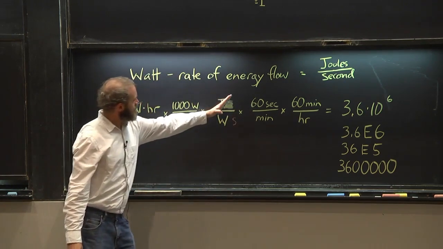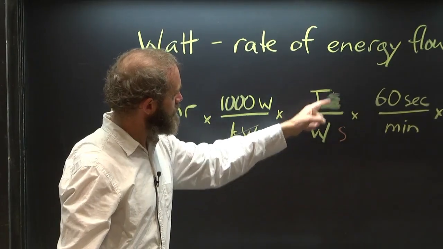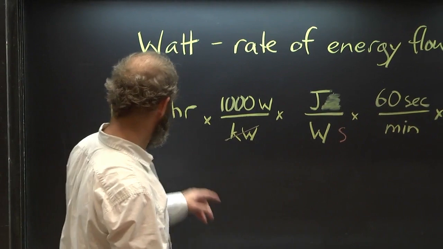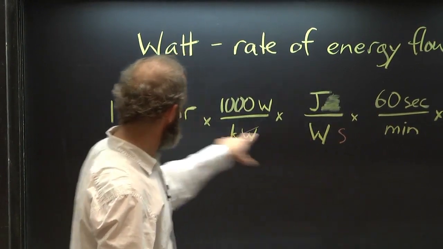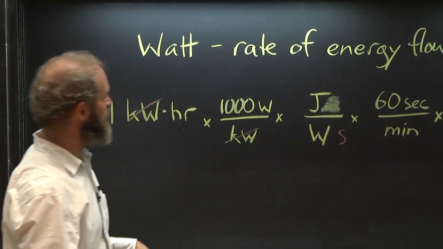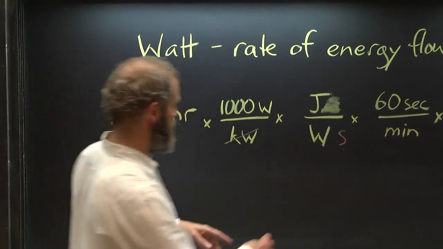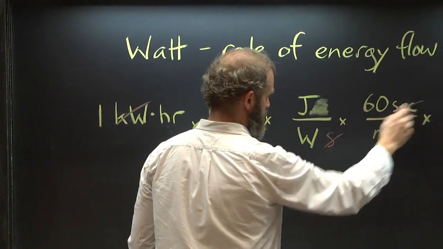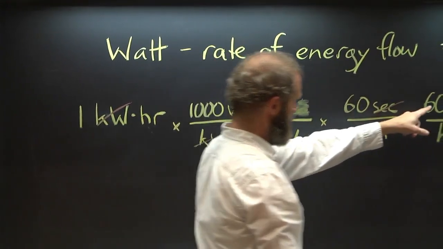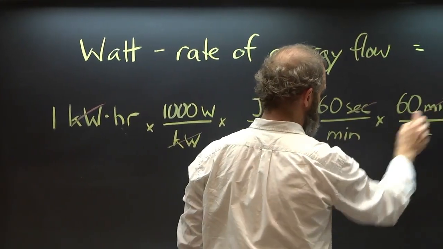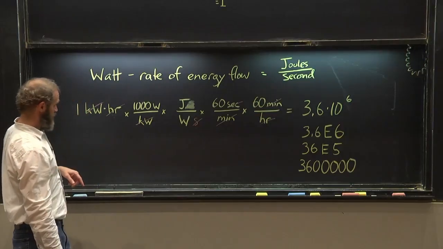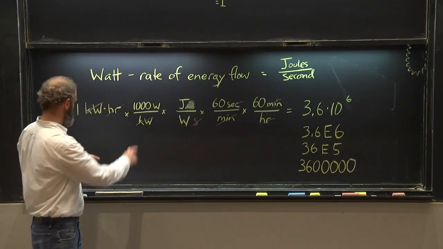That's what this joules per second up on the top meant, is a second has to go down below. And then we've got hours and seconds. We can cancel those time units, but only after we get them into the right unit. So we'll go 60 seconds equals a minute. So the seconds go away, and then 60 minutes equals an hour. The minutes cancel, so now we just have hours and hours both cancel, and we are left with